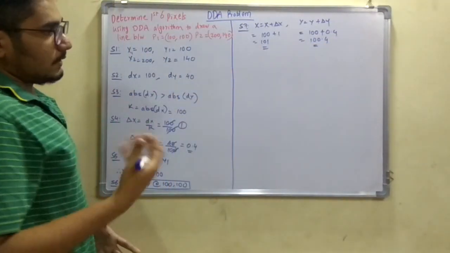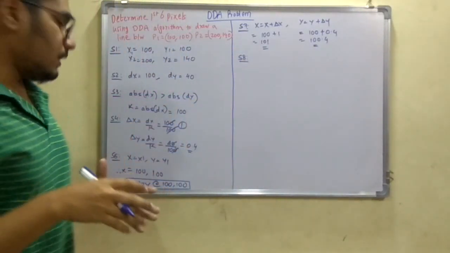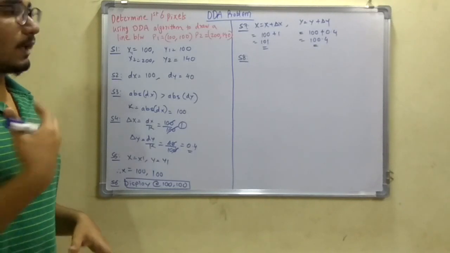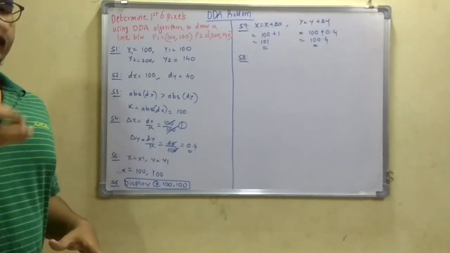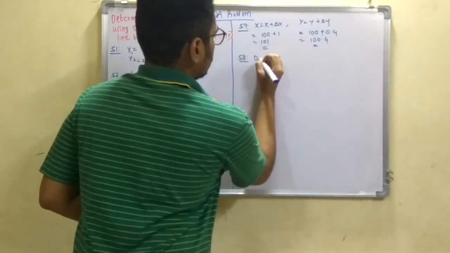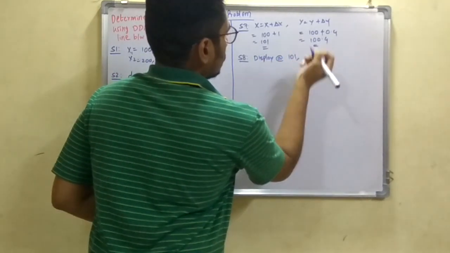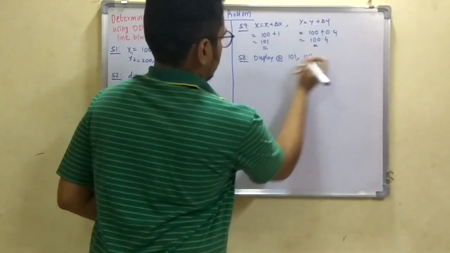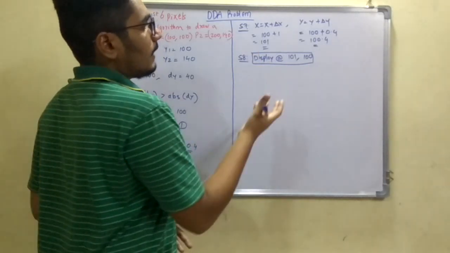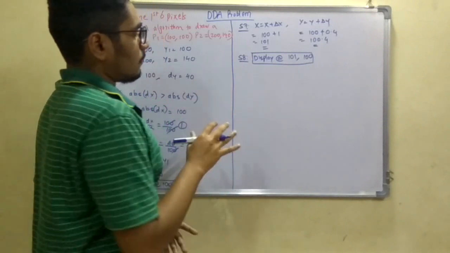So now this is another pixel, and we will not display it using step 6; we have to round it off. Step 8 says to round the pixels when they are floating point. So using step 8 of the algorithm, we display this pixel at 101, and we round 100.4 off to 100. If it was 100.5, then we would have rounded it off to 101. So we stop it here.